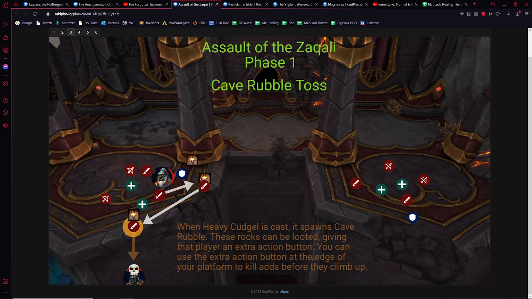So if there are priority ads that are climbing up and you have rocks, you need to have those players with the rocks go over to the edge, hit the extra action button, pick the one that they want to kill, and kill those ads. We'll get into which ads are the worst in just a moment, but this is a pretty big, important mechanic of the whole fight. So again, you only have a certain amount of rocks, make sure to use them on the highest priority ads,